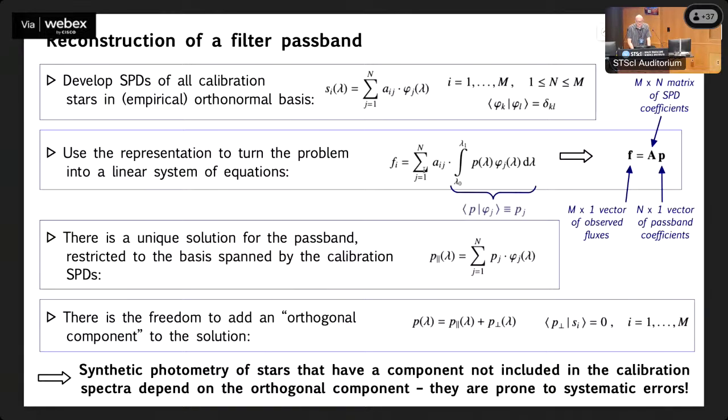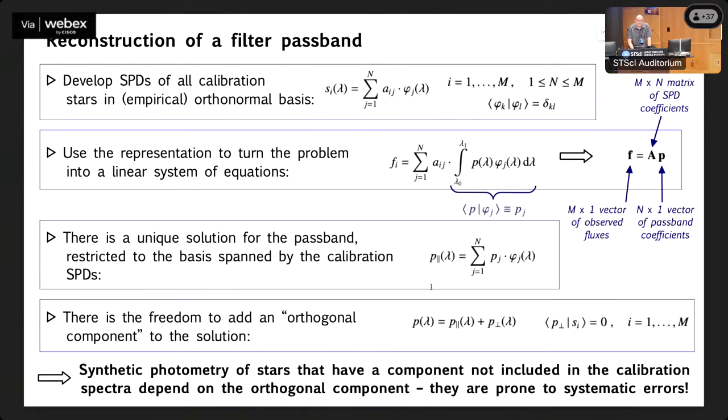And this already looks like a vector matrix operation in here. And if we write it for all of the calibration spectra we have available, it indeed becomes just a linear equation we have to solve. An m vector of observed fluxes is related to the n vectors describing the passband in the basis of the calibration spectra and linked by a matrix which has all the coefficients for all the calibration spectra in here. And this we can immediately solve for the vector p describing the passband. And we have a solution for the passband, which is then just developing the passband in these coefficients with the